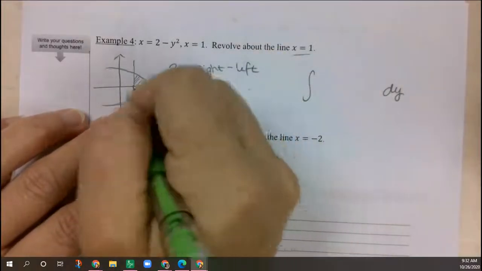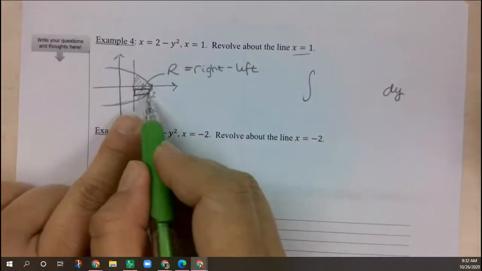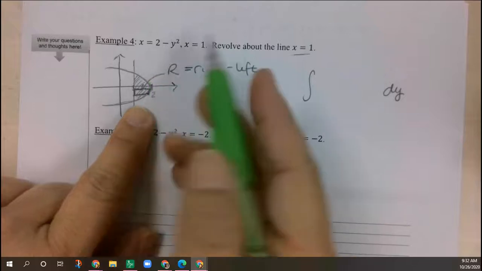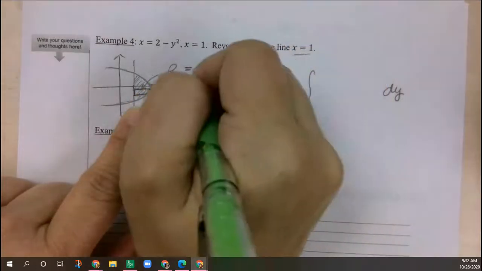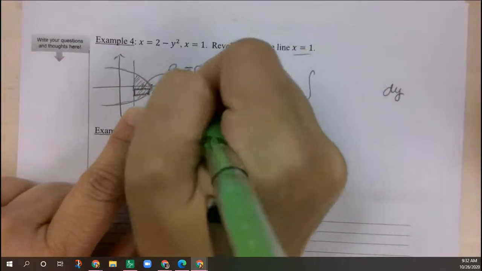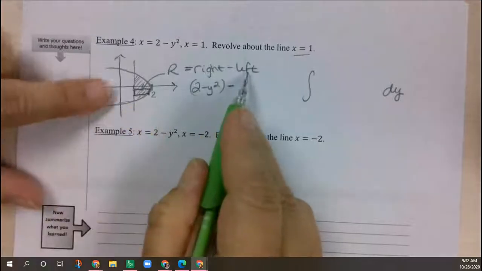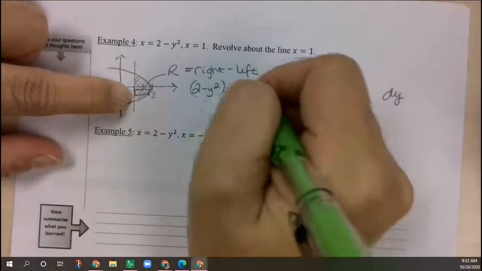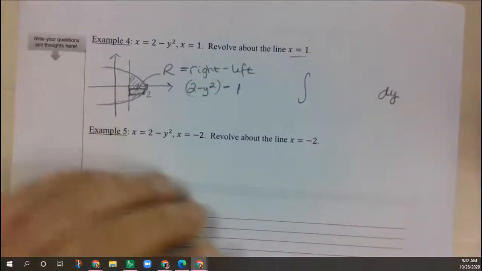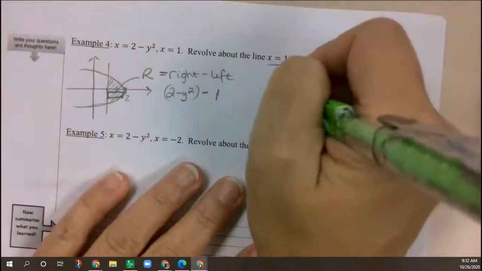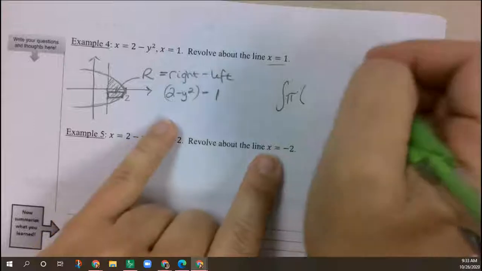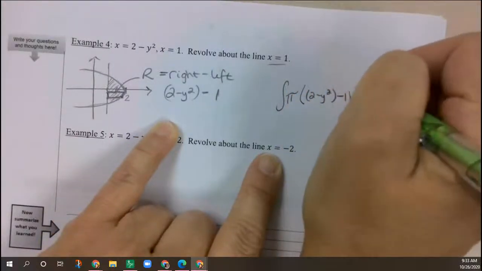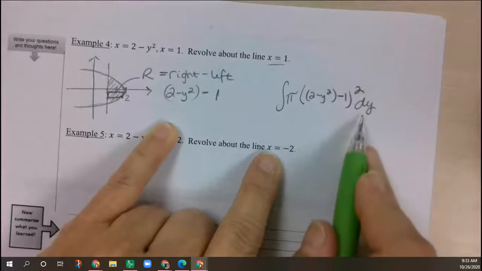And so with this particular example, the right side of my rectangle, what forms that boundary is going to be our equation 2 minus y squared, minus the left side of my rectangle, well, that's stopping at that vertical line x equals 1. And so my equation here, pi times (2 minus y squared minus 1) squared, this time dy